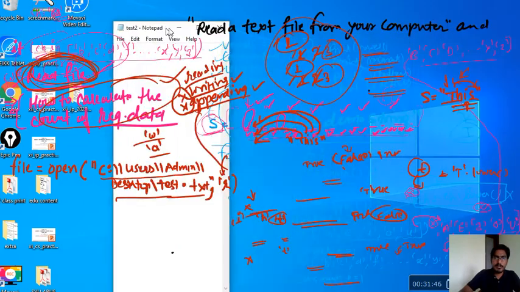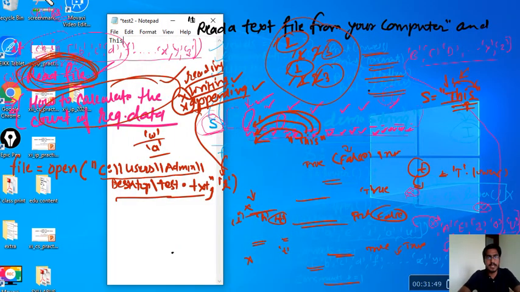Let's suppose this is a test file you have created. I am writing, this is MGS classes, let's suppose. So this is a line I have written. Now I want to count the total number of consonants. This is MGS classes welcome. Let's suppose I have already given some enter and write the welcome here, so that we can get some idea. So this is the file I have created.